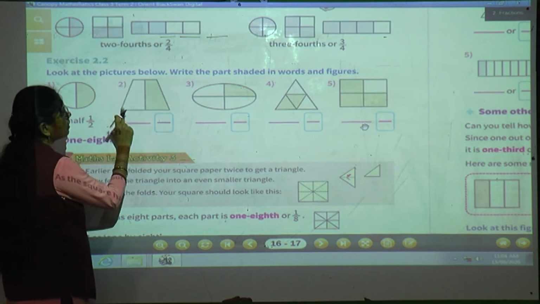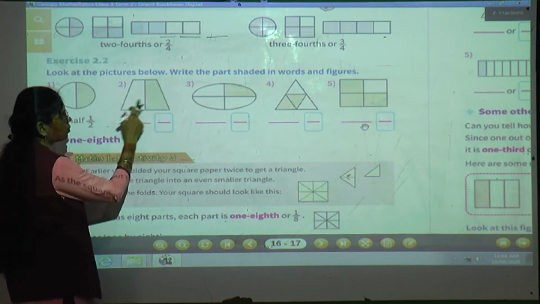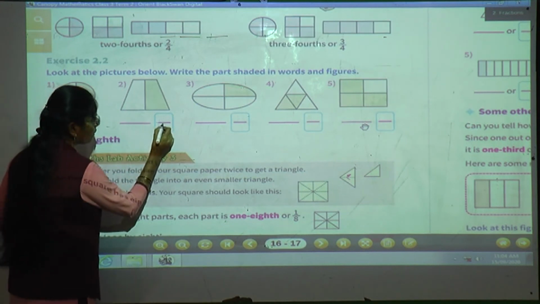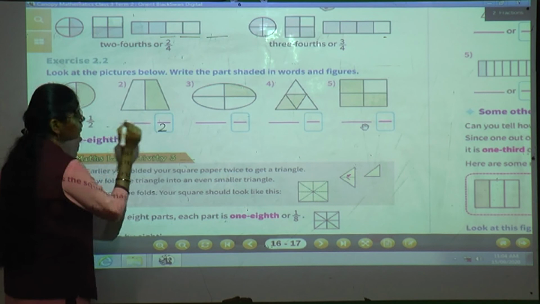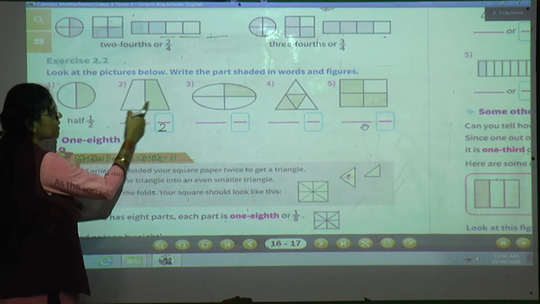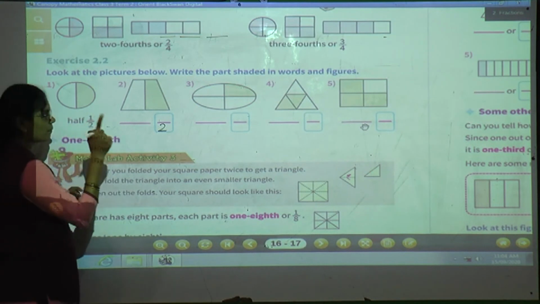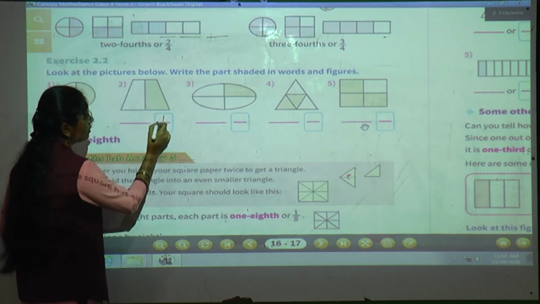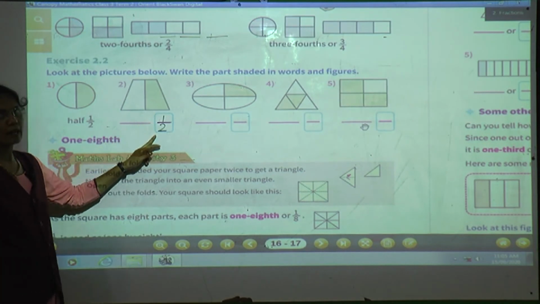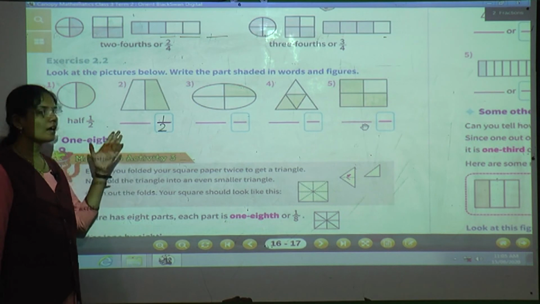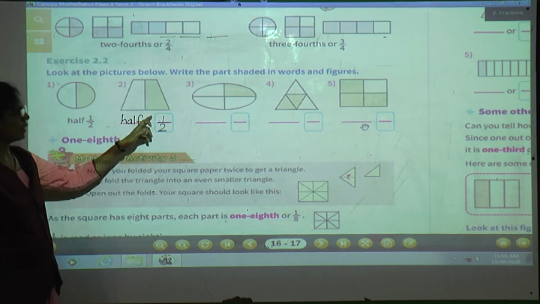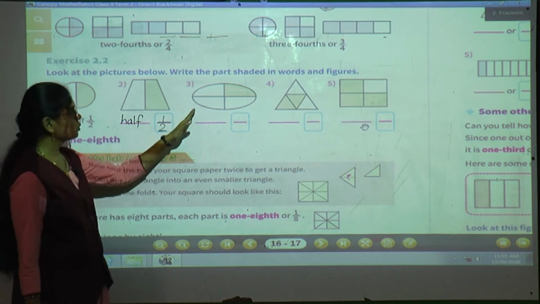shape. Again this shape is divided into how many equal parts? You can see 2 equal parts. So here we'll write 2 at the bottom, downside, and out of that 2 parts, how many parts are shaded? Only 1 part is shaded. So we'll write here 1 upstairs. Okay, so what is this? 1/2, and 1/2 means what again? Half only. So here we'll write half. Okay, now we'll move to the next